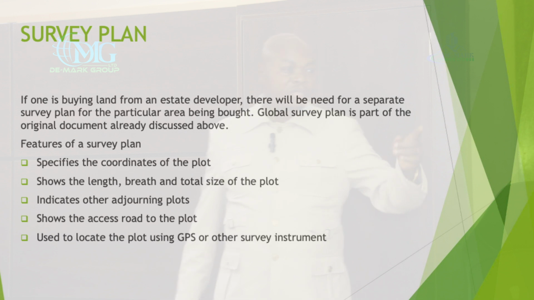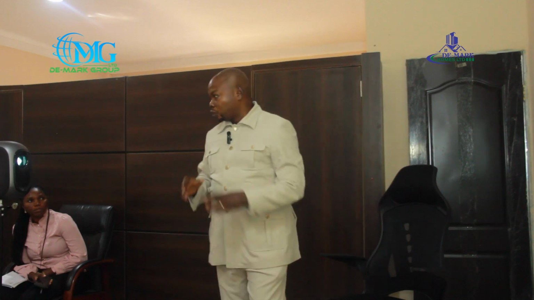Yes, they will give you this thing they call TDP or survey plan. TDP is the same thing as survey plan. And you now use GPS. It's just like this remote. You go to the site, you'll be moving, a surveyor will assist you. When you reach one beacon, it will show you, until you go around and see the position of the land. You need to do all this even before you go to the negotiation table.